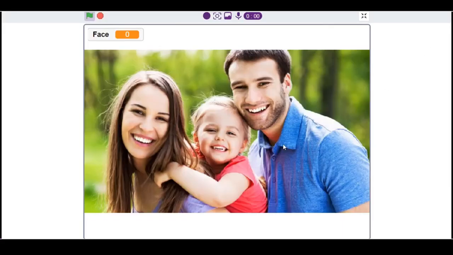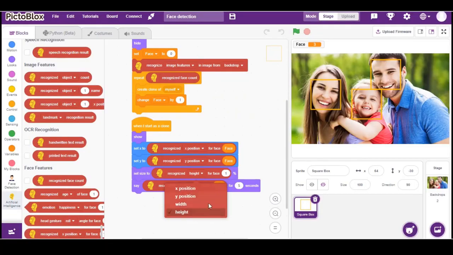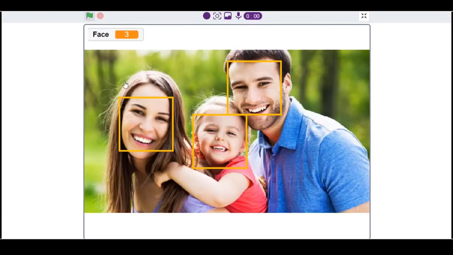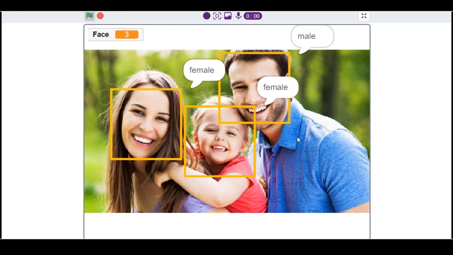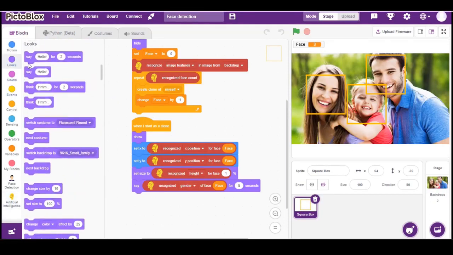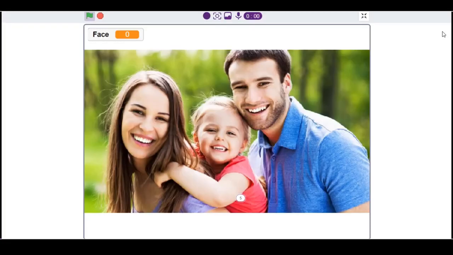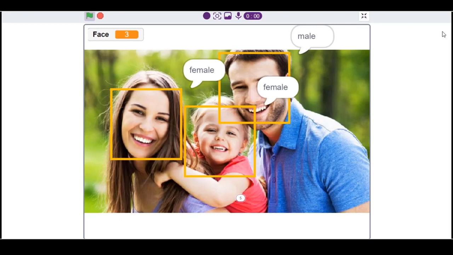Okay. Oh my god. I set the size to our width. But if you didn't like it, I can set the size to the height. Again. It takes the height of our face. Let's go and say the emotions of each face for a while, for 5 seconds. Again. Okay, that's